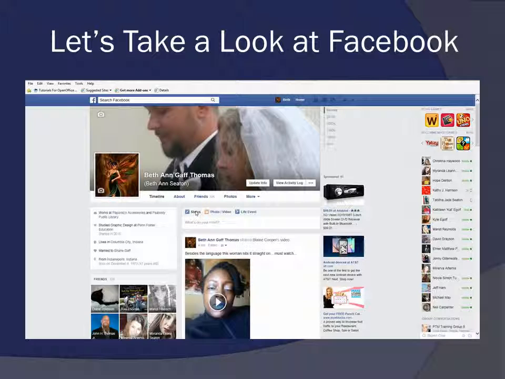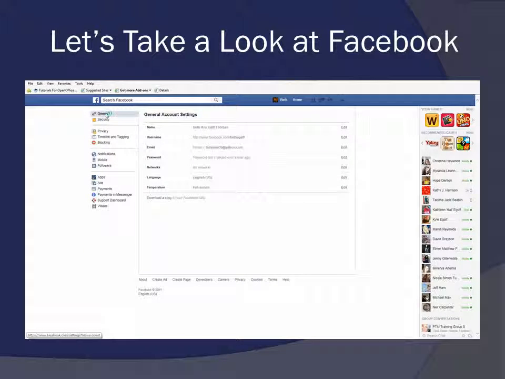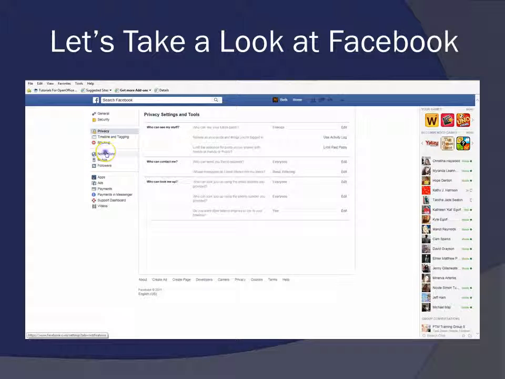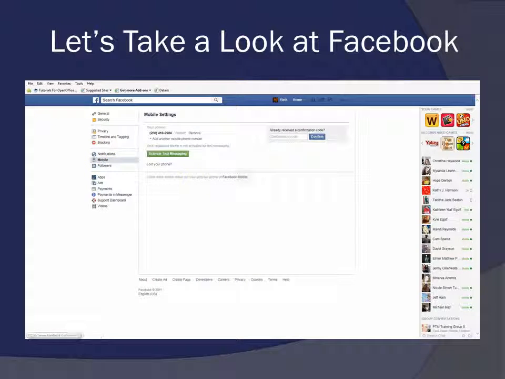Here I can check in on my status, I can do my life event, or I can add a photo or a video. It also gives me all of my information about me. Now I've chosen to let mine show, but you can go in and you can edit that information. We can actually go into timeline settings, and from here I can start to personalize my Facebook page the way that I want it to be. If I don't want to be getting certain notifications in certain areas, then I might want to go in and change some of this information.